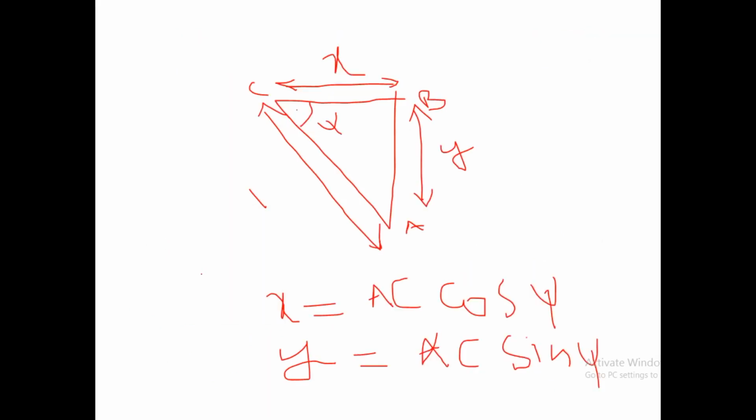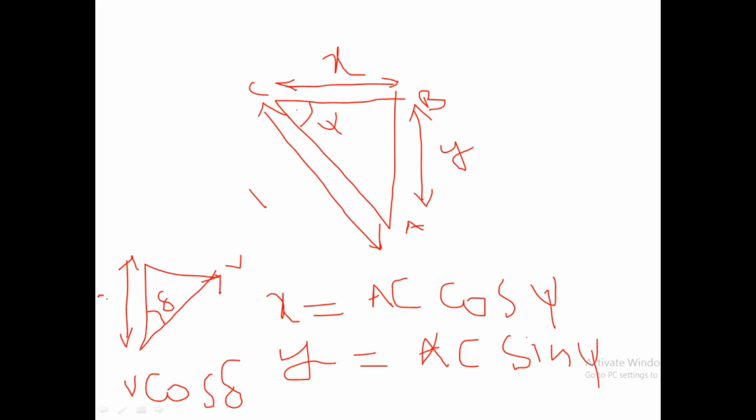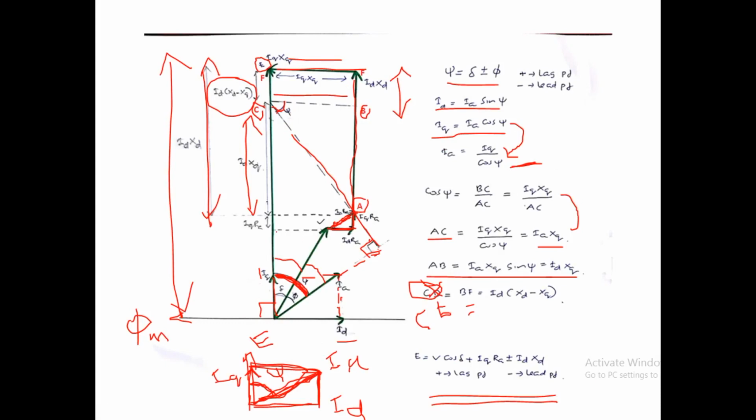So I am considering like this. So this is V, this angle is delta, and what will be this side? Similar to the earlier, the side which is near to delta will be cos delta, V into cos delta. So that side, you can represent it like x. So this x is equal to V into cos delta. So here up to this point, this is V cos delta.